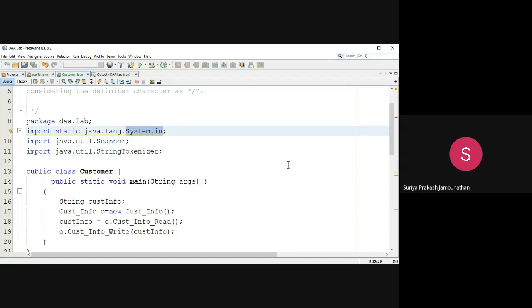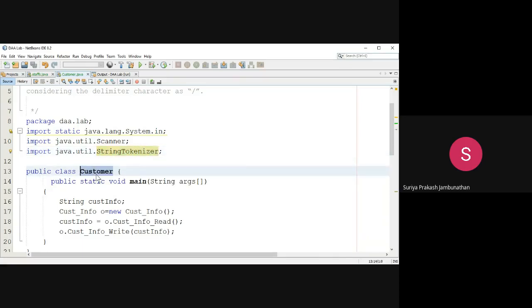We can use string, integer or character, whatever you want to get as input. Scanner class is used for getting input. Next to that, we use string tokenizer for splitting the tokens in our program. These are the generic packages we are using. Further, we have public class customer.